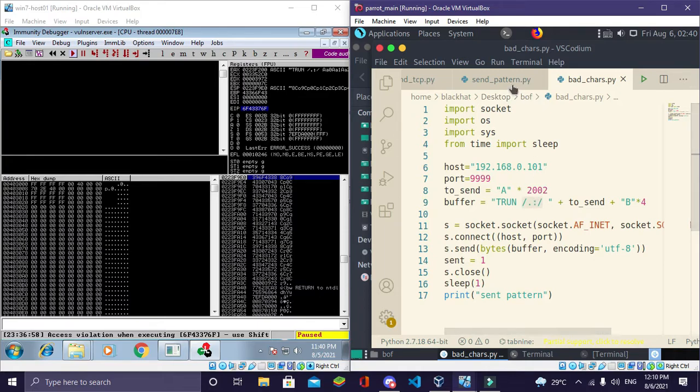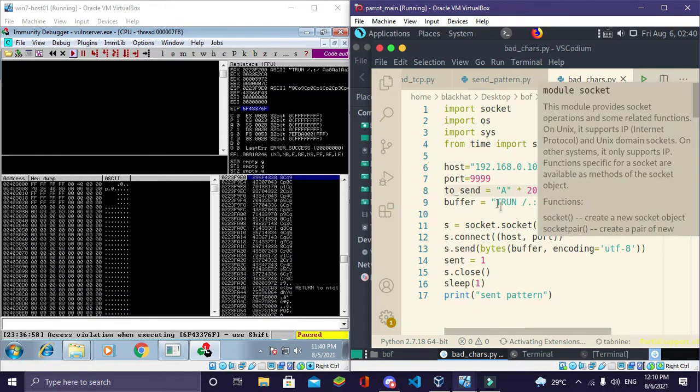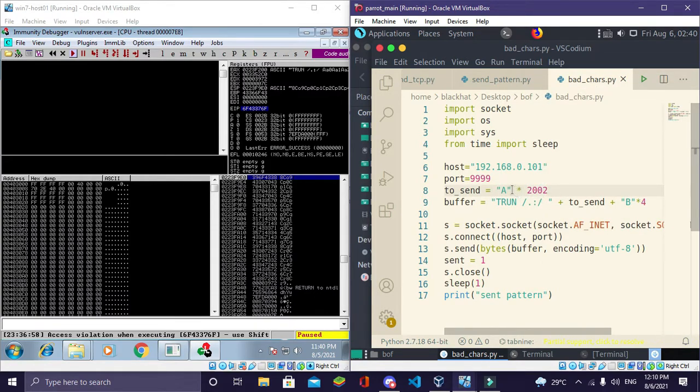This part is also in the previous two scripts, and we have to add that. And after that, this to send, which means this A times 2002. Here we are filling that buffer with 2002 A's, and now the buffer is filled, and after that we are sending 4 B characters.